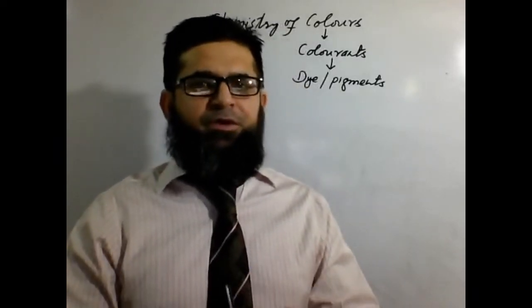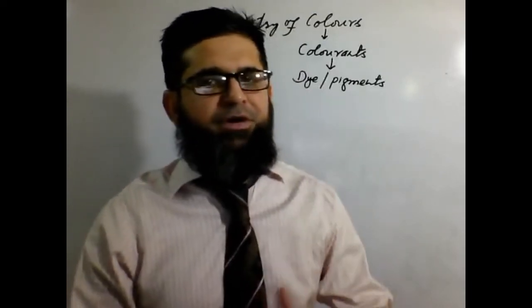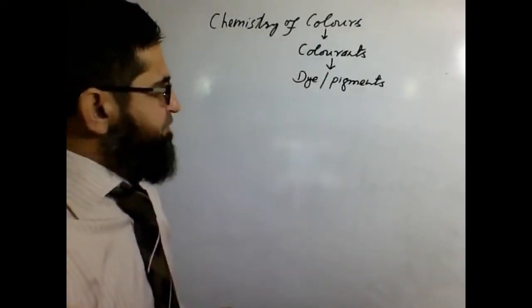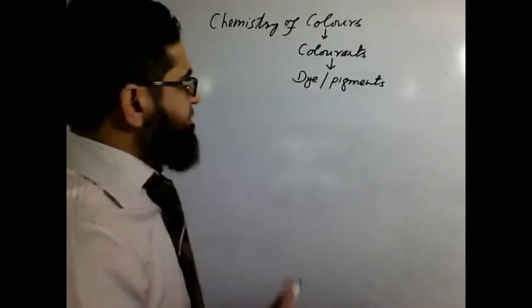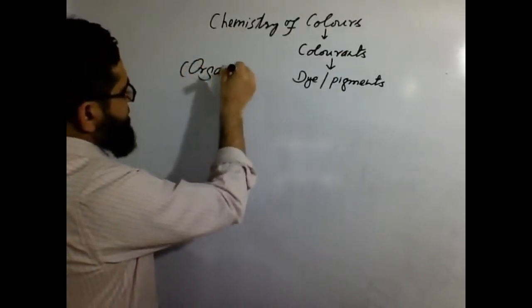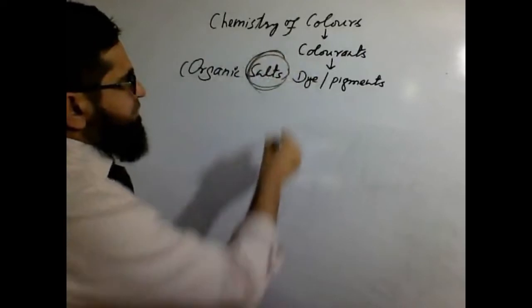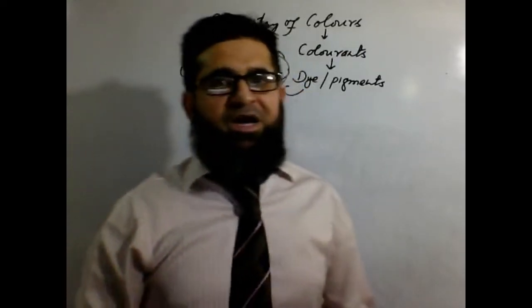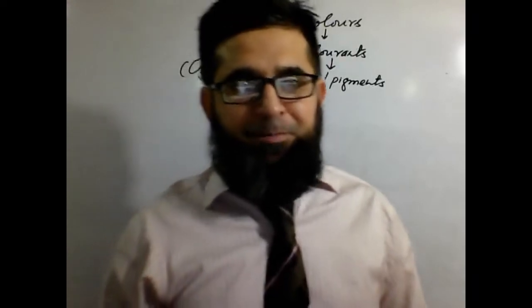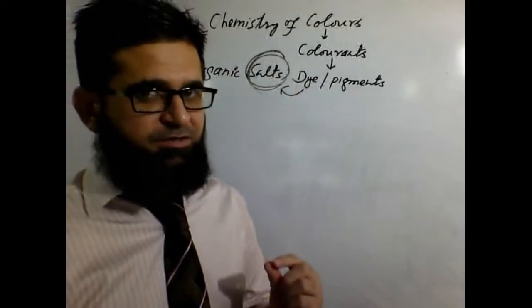Dyes are, broadly speaking, at the moment, the material which we apply on cotton fabric, on leather and other materials for dyeing purposes. Such materials are dyes. I explained to you guys, they are supposed to be organic salts. Why they are salts? They are supposed to be water soluble because we perform the dyeing process using water as a medium. So they are supposed to be organic salts and water soluble.